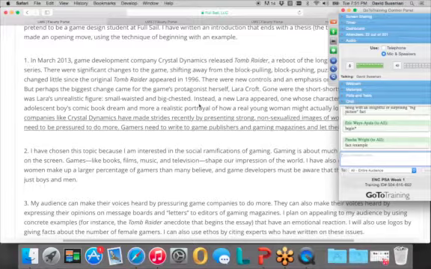And in my mind, when I was searching for a way to get into this topic, I thought of the example of Tomb Raider. Awesome game, by the way. Really, really fun game. But what impressed me was that this company had been yelled at for years, not just to improve its gameplay, but to improve the images that it presented in the game. And it took a long time, but finally, with the reboot that came out in 2013, these issues had been addressed. So why not use that example as a way to transition into the larger topic of, hey, this gaming company has made great strides, and other people are making strides too, but we still need to do more.